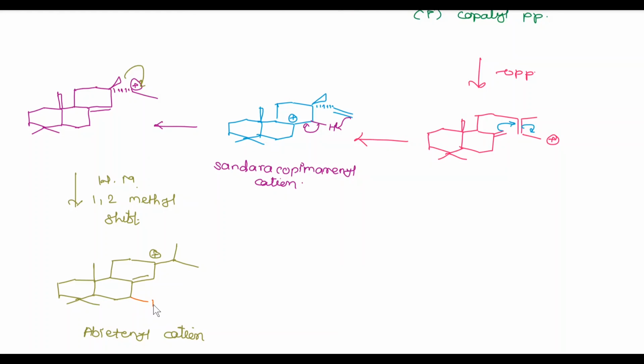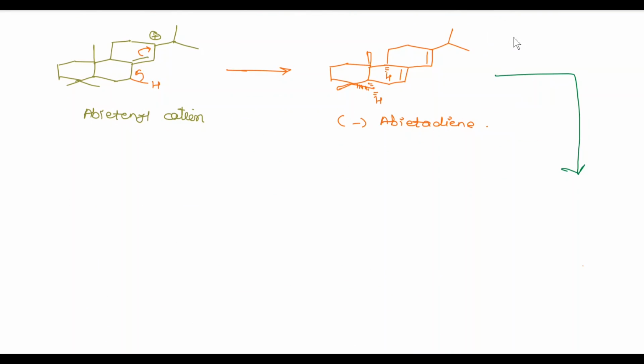So in the next step, loss of this proton takes place and generation of a diene and we get two methyl groups, here CH3, here hydrogen below the plane, here hydrogen below the plane. This methyl is above the plane and this methyl is below the plane, and this is known as abietadiene. So in the next step, with the help of O2 and NADPH, sequential oxidation of